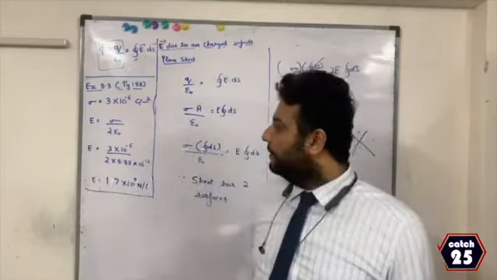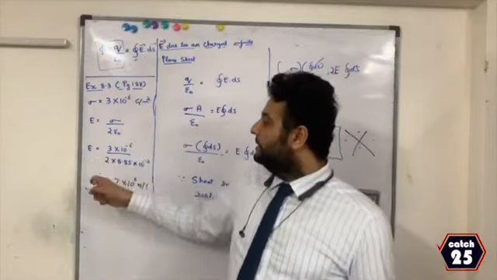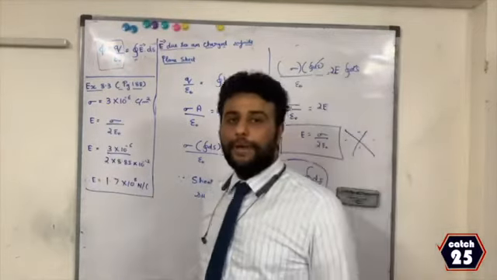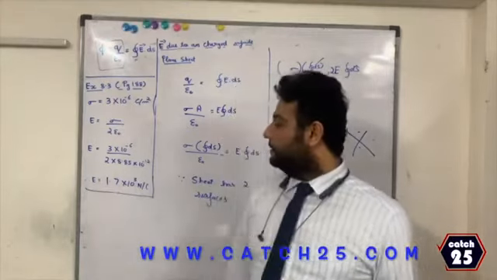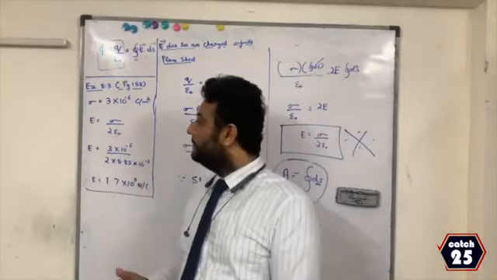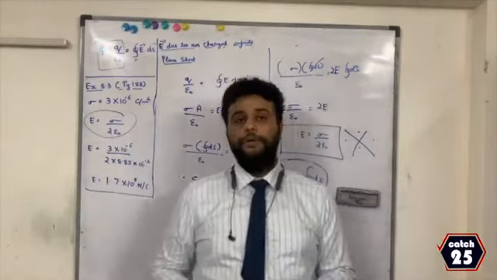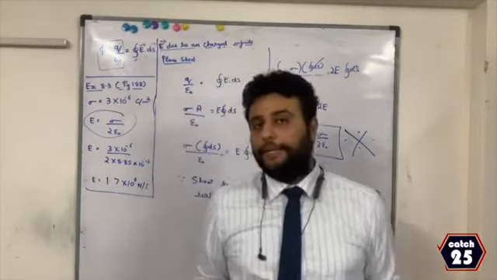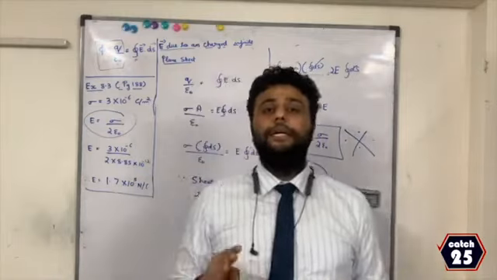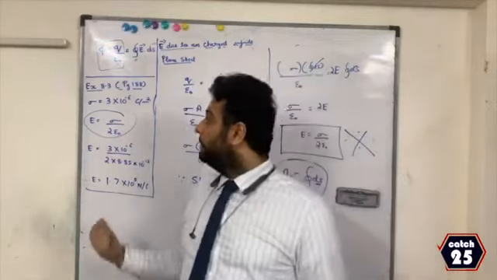I directly use the formula E is equal to sigma by 2 epsilon naught. Therefore, E is equal to sigma is given in the question, 2 epsilon naught is 8.85 into 10 power minus 12. Therefore, E is equal to 1.7 into 10 power 5. It's an easy calculation, but you should remember this formula for a sheet, that is sigma by 2 epsilon naught. So this completes the 3 applications of Gauss. One is a sphere, one is a wire, and third one is a sheet. So this is the topic. Please remember all 3 formulae, and you have done problems also.